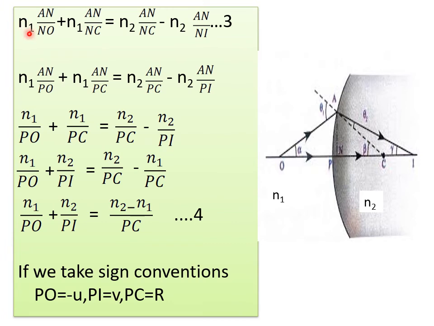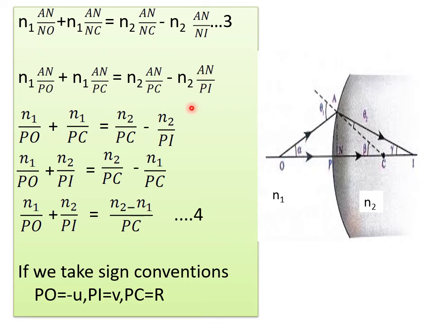So our equation 3 is N1 AN by NO, N1 AN by NC, that is equal to N2 AN by NC minus N2 AN by NI. I told you we have to estimate: in the place of N, I have to write PO, NC is PC, NI is PI. So this equation 3 has changed like this: N1 AN by PO, N1 AN by PC, that is equal to N2 AN by PC minus N2 AN by